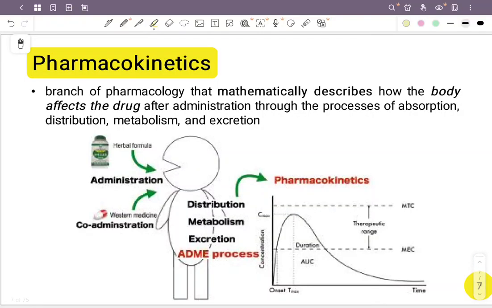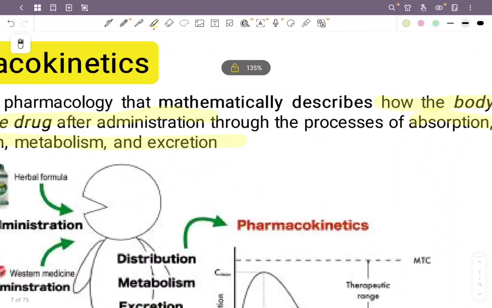Then, our next term is pharmacokinetics, and this is a branch of pharmacology that mathematically describes how the body affects the drug after administration through the processes of absorption, distribution, metabolism, and excretion. So, in simple explanation, I think na-discuss na ni sa inyo, especially sa pharmacology. But when we say